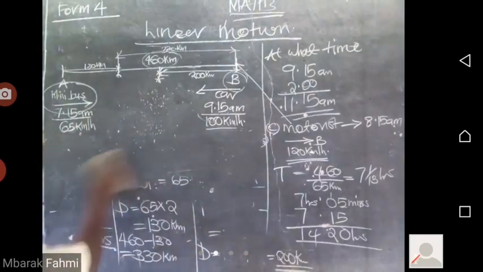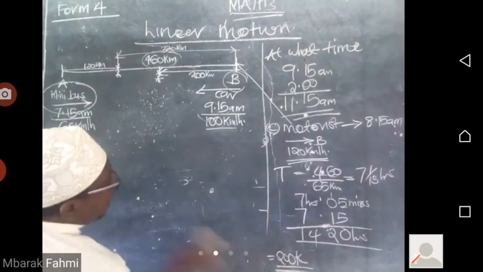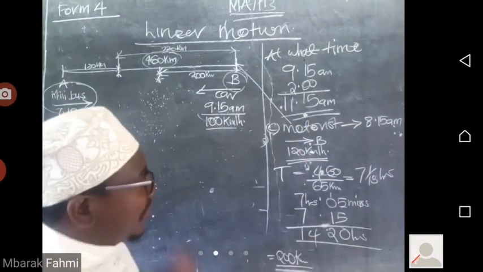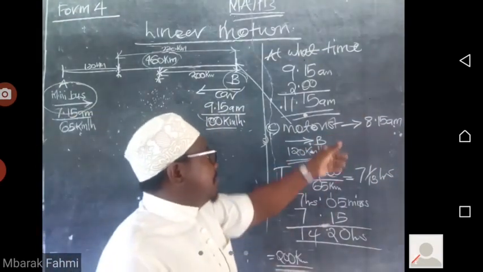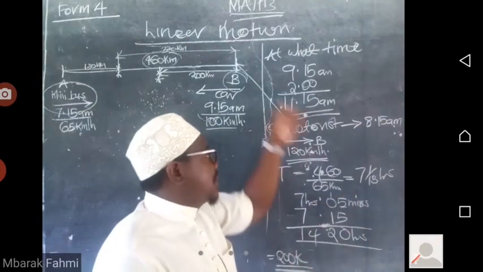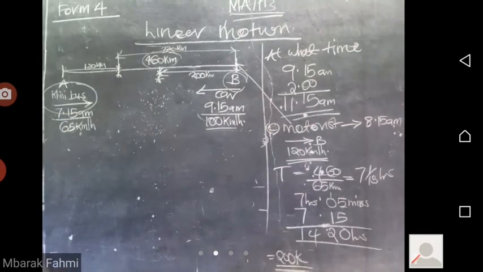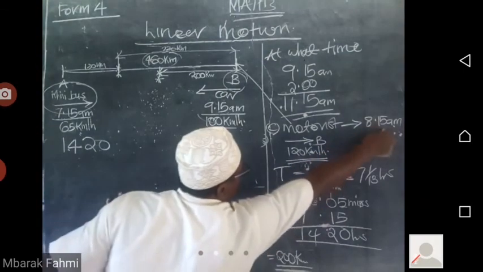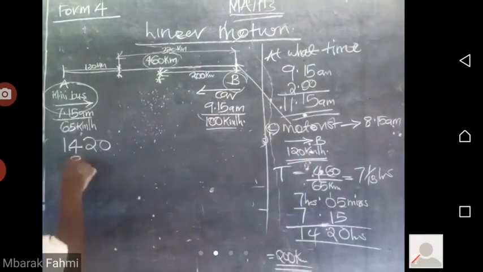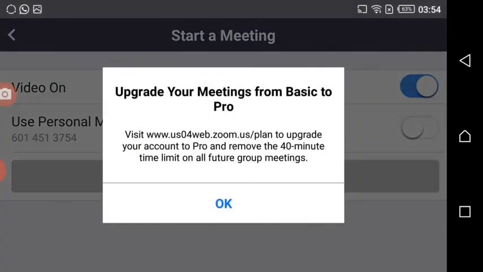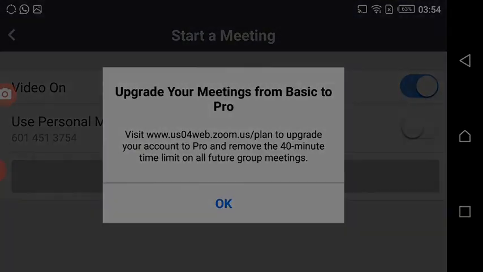Now that motorist started the journey at 8:15, but reached town B the same time as the bus. So let's check how long it took. 1420 minus 0815. Let's check how long it took to travel. So this will be 5 minutes